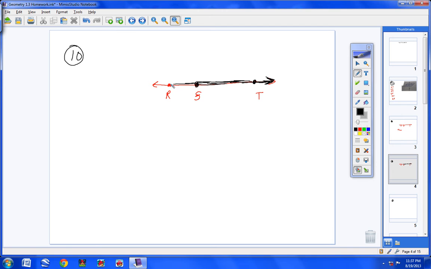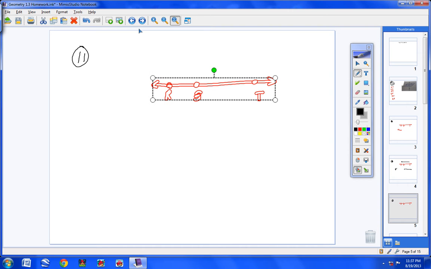Ray TS starts here and goes this way. Let me show you the difference, okay? Now watch. Here's Ray ST, so Ray ST goes this way, like that. And then Ray TS, here's T, it starts here and it goes toward S, so it goes that way. So no, that is false. They are not the same. Absolutely not. Okay, number 11 says,